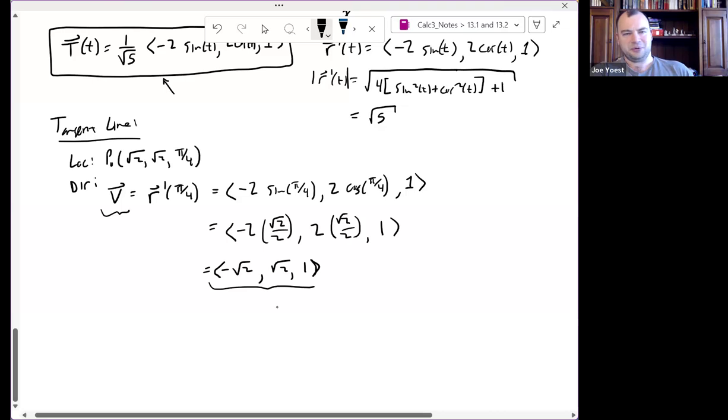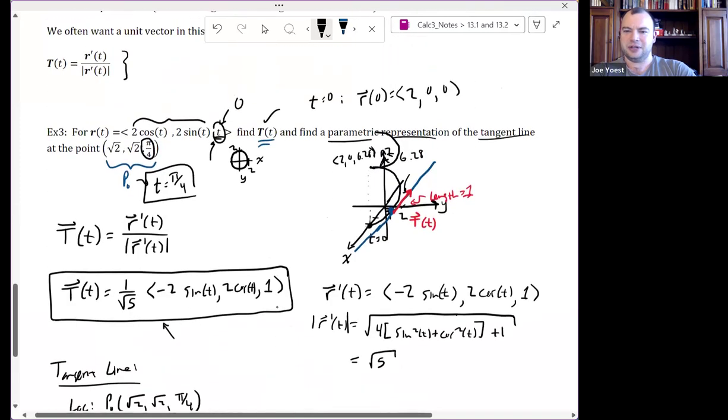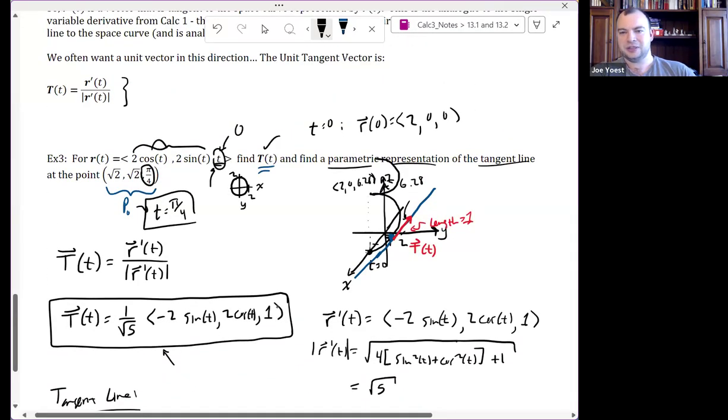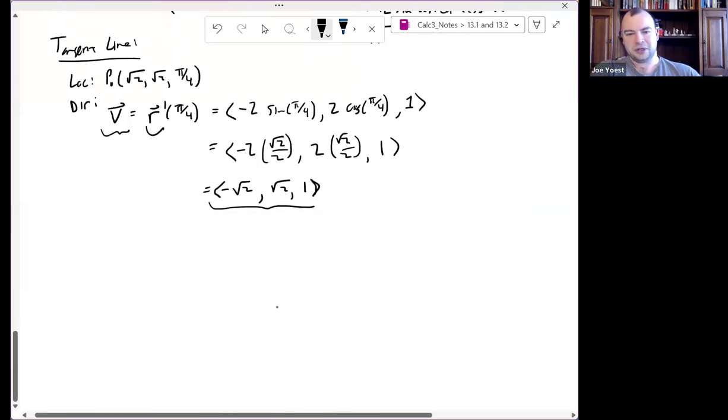I maybe previously would have written something like r bar of t equals x of t, y of t, z of t, or something like that, or r. But we've kind of already used r, and we've kind of already used t. So we don't want to reuse those variables. So I'll just say parametric equations for the tangent line are